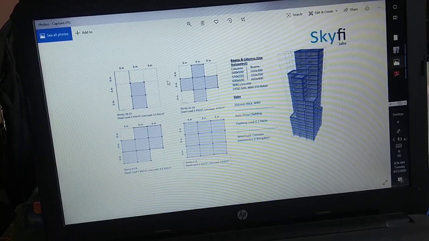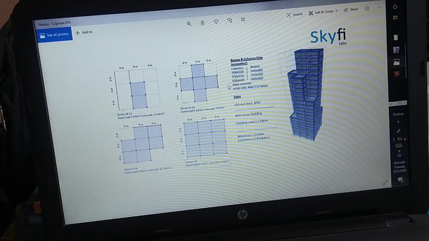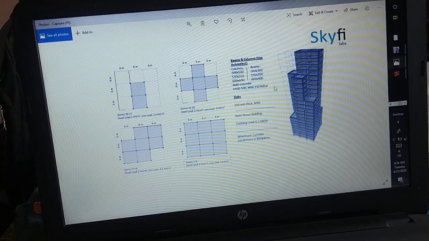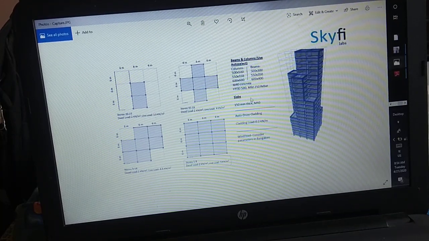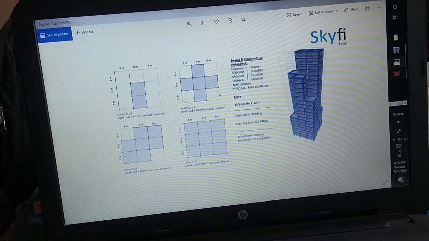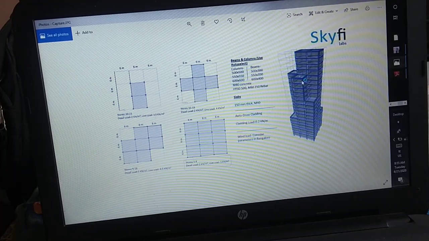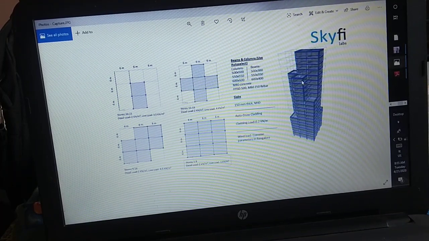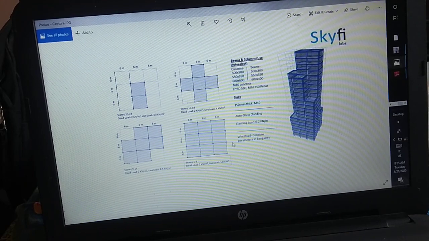Today I am going to do structural analysis of a G+23 building as a part of the Sci-Fi Lab tutorial assignment. So let's start with the problem statement. They have given us the problem statement